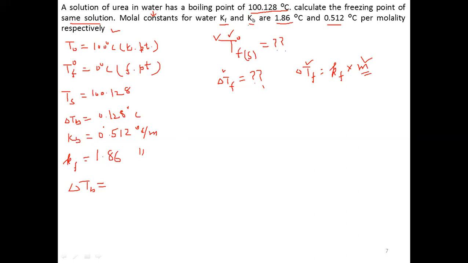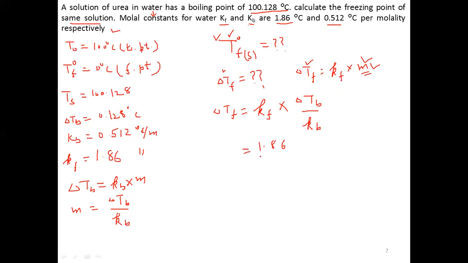So from it we calculated elevation in boiling point, and elevation in boiling point is given by delta TB is equal to KB into M. So M is equal to delta TB by KB. So putting the value here, M, we have delta TF is equal to KF into molality, which is delta TB divided by KB. Now putting the values of the data, KF is